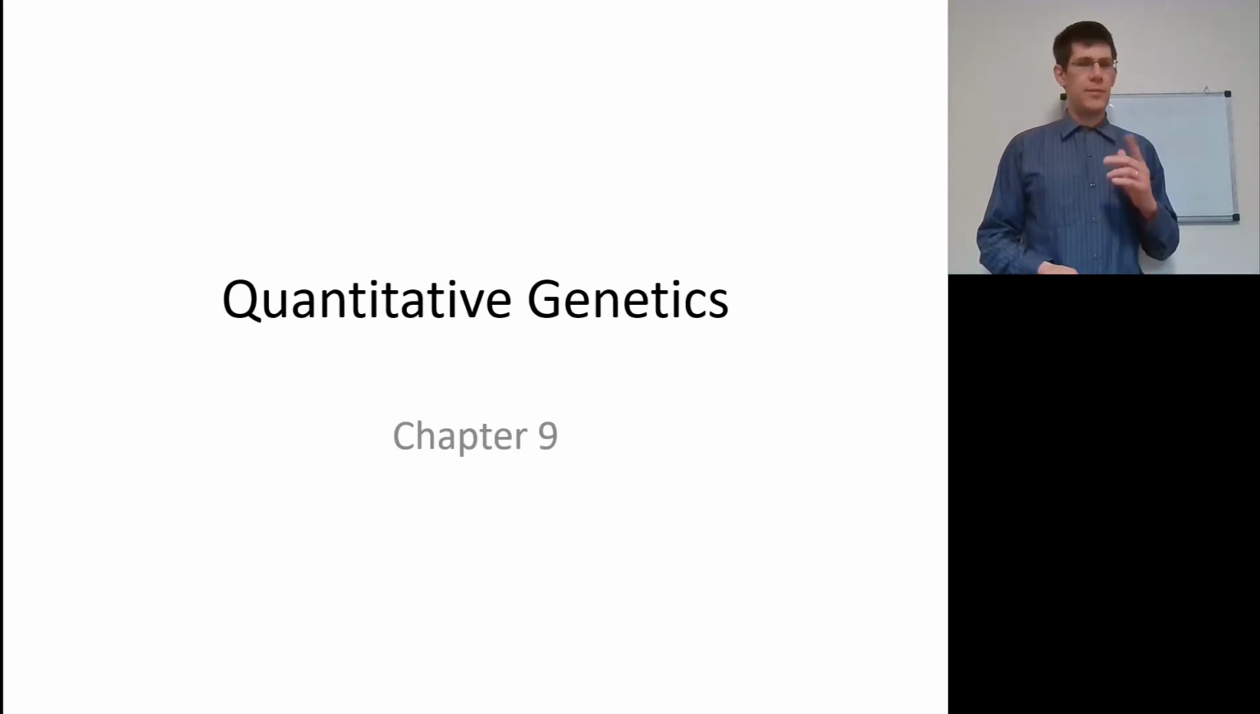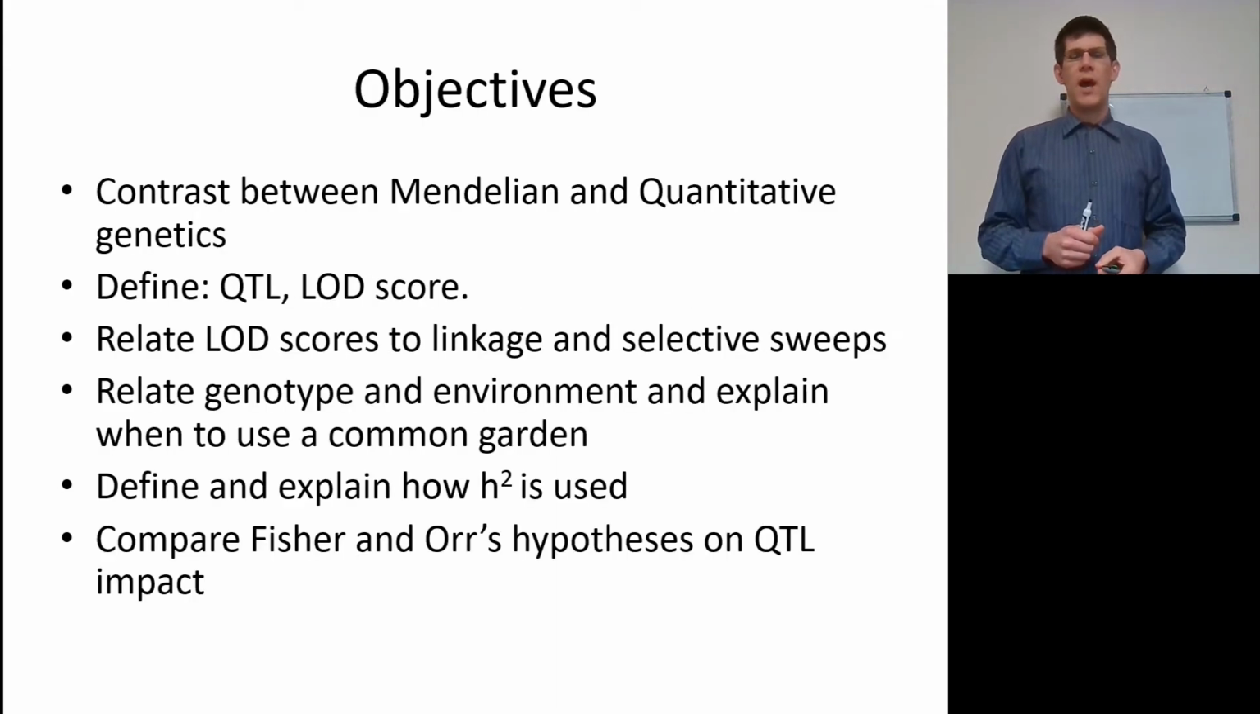Mendel was a great guy, but sometimes traits are not simply binary choices but can exist along a gradient. In this lecture, we're going to cover quantitative genetics and QTLs, quantitative trait loci. Let's get rolling. I'd like you to be able to contrast between Mendelian and quantitative genetics, define QTL and LOD